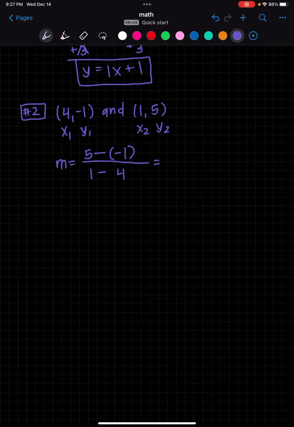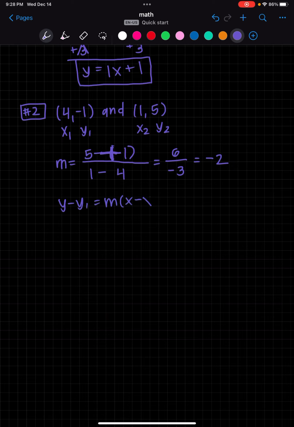Now I'm going to simplify that. Y minus -1, the two negatives right next to each other make a big positive. I can just make that a big plus. So now it's really 5 plus 1, which is 6. And then on the bottom I have a 1 minus 4, which gives me -3. 6 divided by -3 can be simplified to just be -2. So that's my m. Now I'm going to use the point slope form, which is y minus y1 equals m